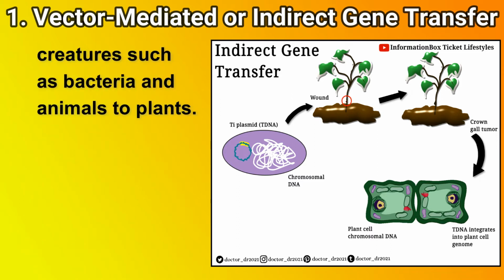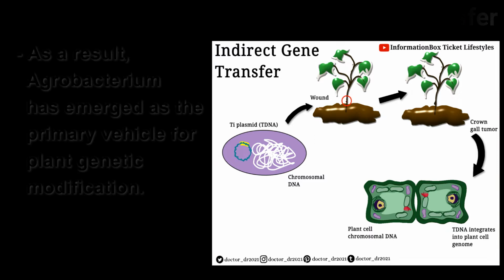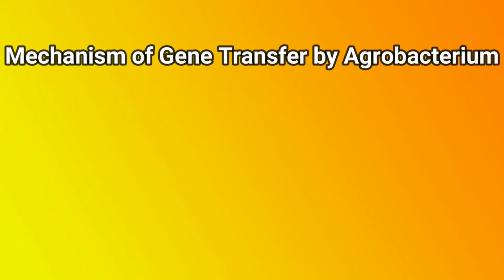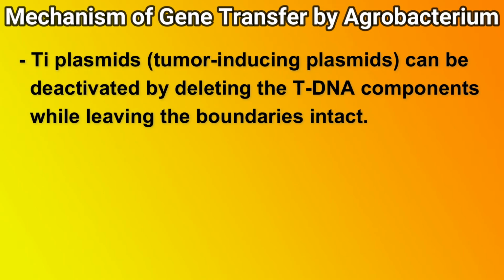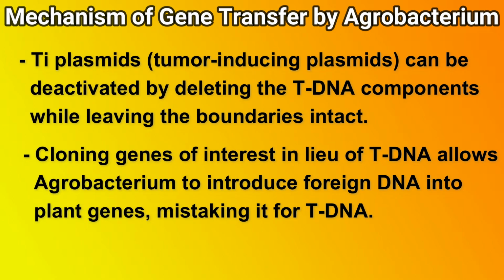other creatures such as bacteria and animals to plants. As a result, Agrobacterium has emerged as a primary vehicle for plant genetic modification. Let's dive into the mechanism of gene transfer by Agrobacterium. As you can see, Ti plasmid, tumor-inducing plasmids, can be deactivated by deleting the T-DNA components while leaving the boundaries intact. Cloning genes of interest in lieu of T-DNA allows Agrobacterium to introduce foreign DNA into plant genes, mistaking it